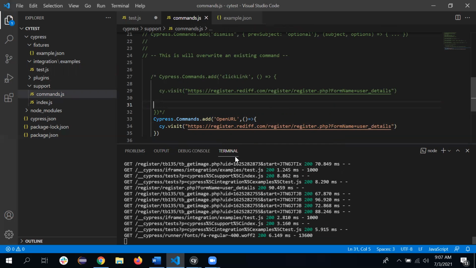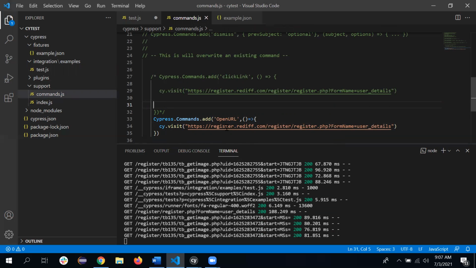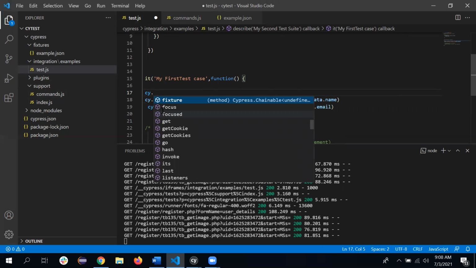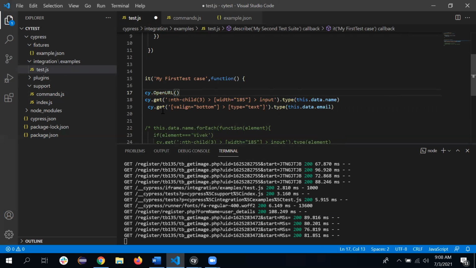So this cy.visit is now available under the name of the openURL command. Now we need to use this openURL in our test cases. Just copy the name. It's very simple. We just type cy dot command name. That's all. No need to import the class, no need to create any object and nothing else. Just cy and the command name.